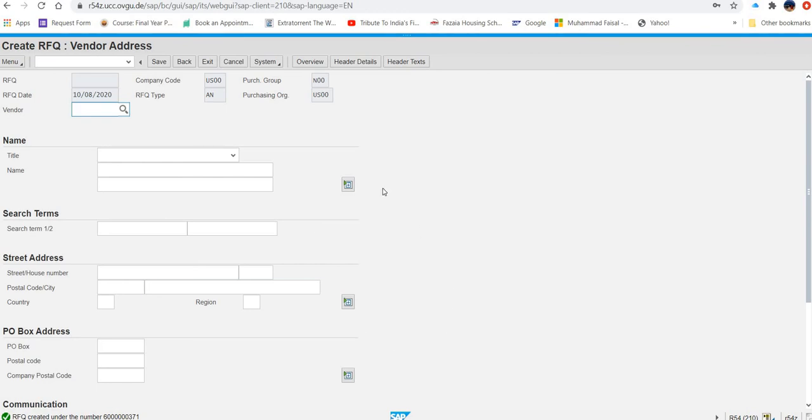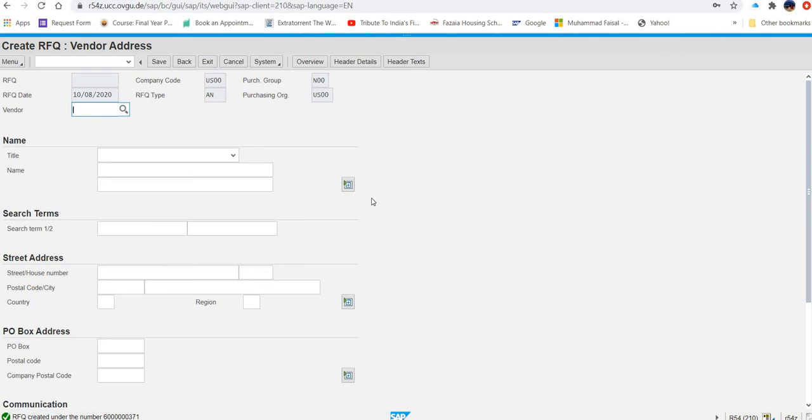So what we have to do now in the exercise, they are mentioning: stay in the same screen and repeat the last step twice to create the same RFQ for our vendors, Dallas Bike Basics and Spy Gear. In order to find your vendor in the vendor screen, you will use F4.